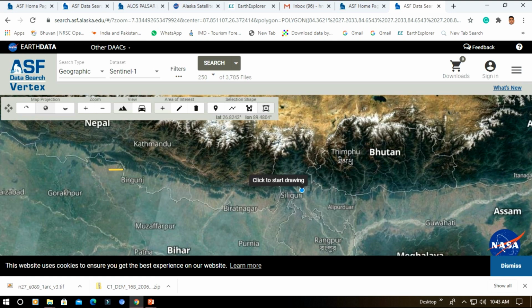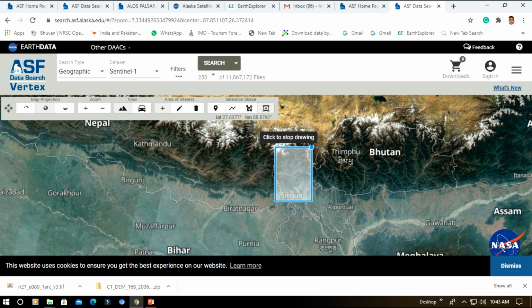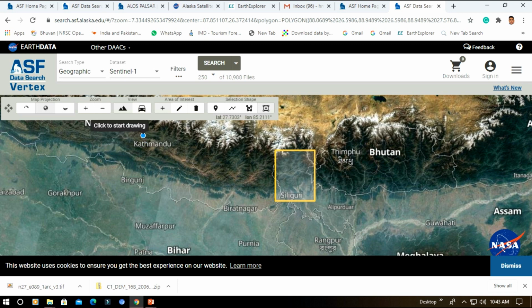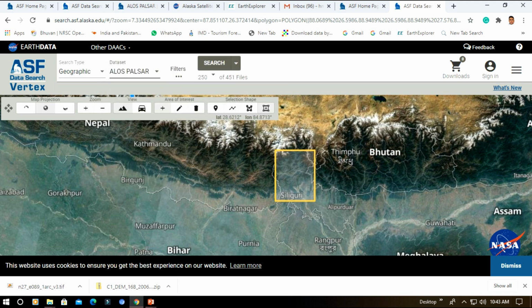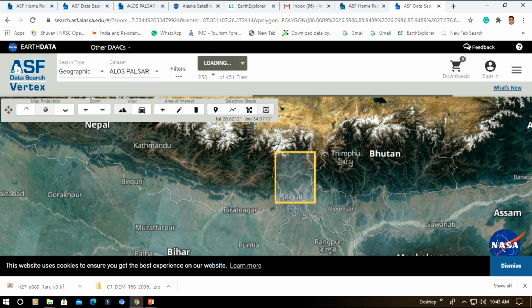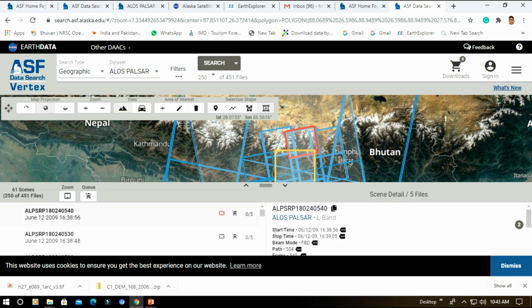Here I need to download this portion, so select this area with a rectangle by this type and then click on ALOS Pulsar, dataset from ALOS Pulsar, then click on search.